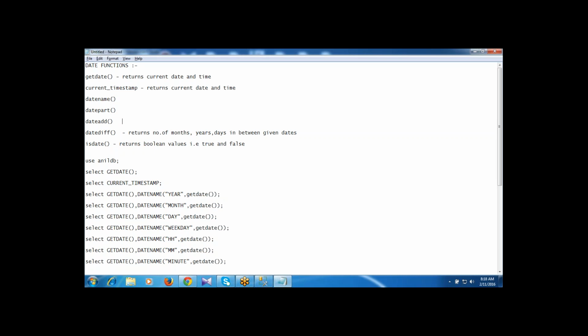Date add, so adding the number of years, months, days to the given date. Date part and date name, it returns some portion of the date value.